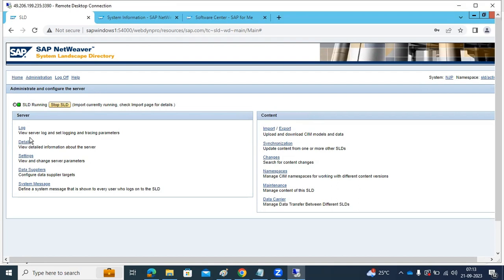So the import is still running, so we have to wait for that one. While it is running, let's go to the other tabs and review them in the systems here. Object server name is very important here. As soon as the object server name is configured, your SLD starts importing